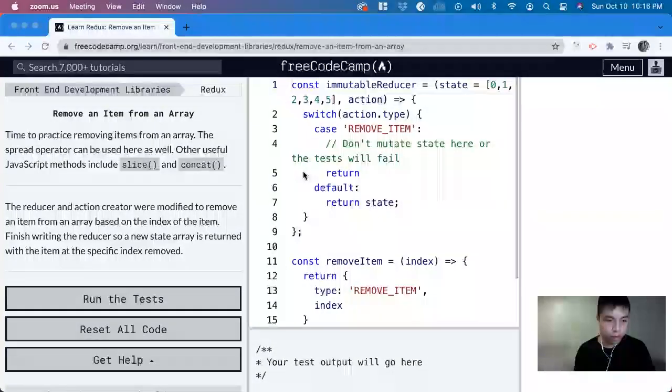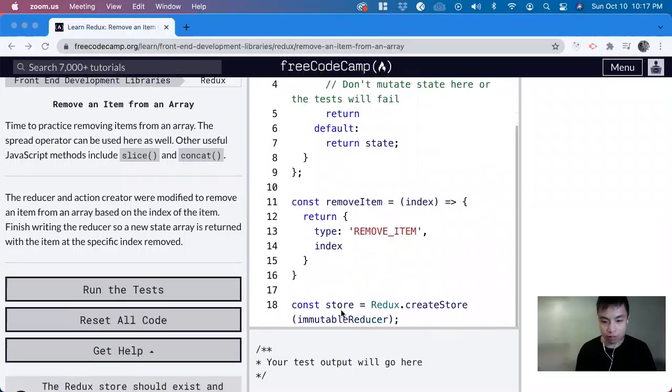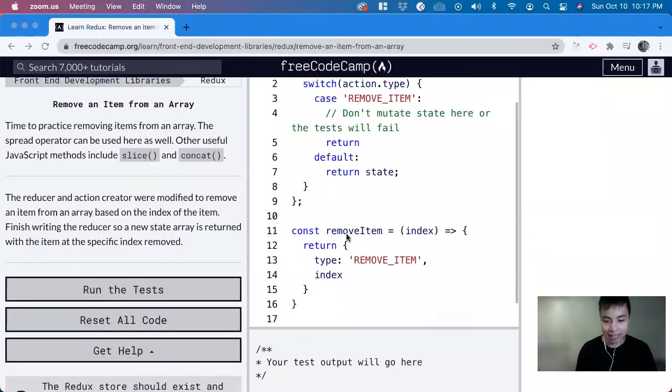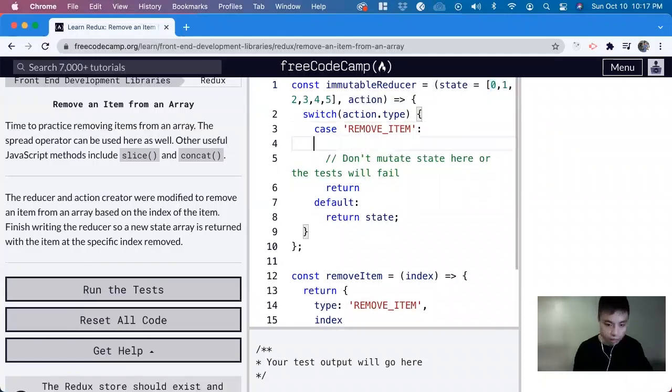Today we're going to do a freeCodeCamp tutorial on Redux. Remove an item from an array. So in this case, we have a Redux store here, and now we have an action creator where we take the index and we remove that item with that index value. So we have a reducer with the initial state of an array, and we want to remove whatever index we're given here. So what we can do here is that we return,